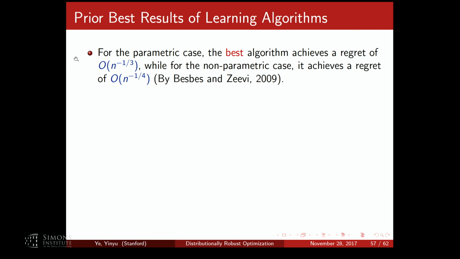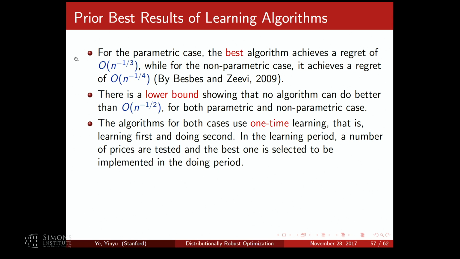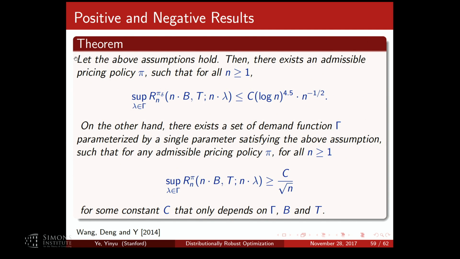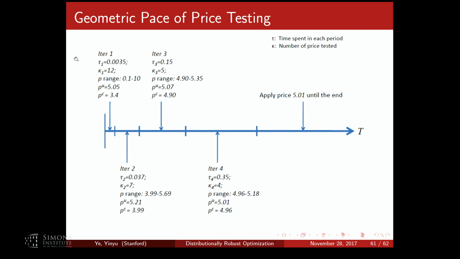I'm going to run out of time. So basically, you have a regret rate. We achieve a regret rate of minus 1 divided by 2, which is considered to be the optimal one. The algorithm basically posts several prices. You can think of this as a section search, with a geometric pace to update and try different prices. Then the confidence interval for the optimal price gets narrower and narrower. Finally, you get a very narrow price, and that is the price you learned.